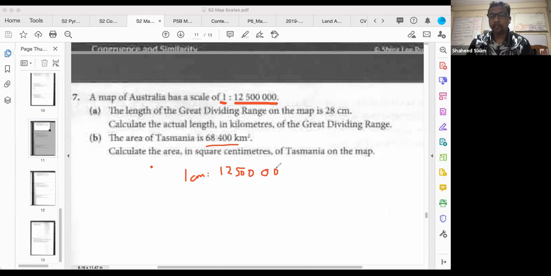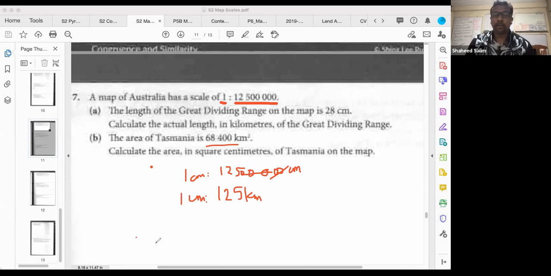12,500,000 cm. We got to change this to km, right? So we divide by 100, cancel two zeros. After that, divide by 1,000. You know what I'm doing, right? I'm changing to meter and then changing to km. So I get 1 cm is 125 km. Are you confused? No? Okay. Now this is scale for length, but for area,